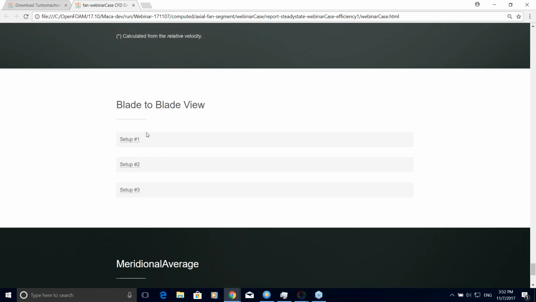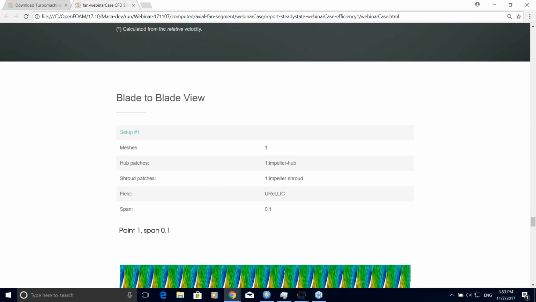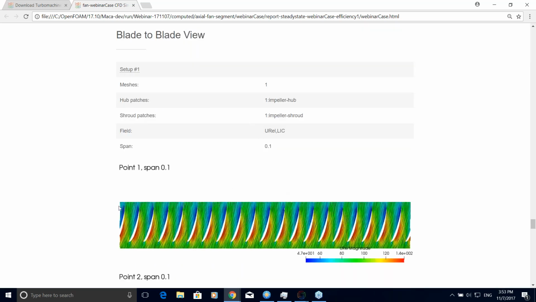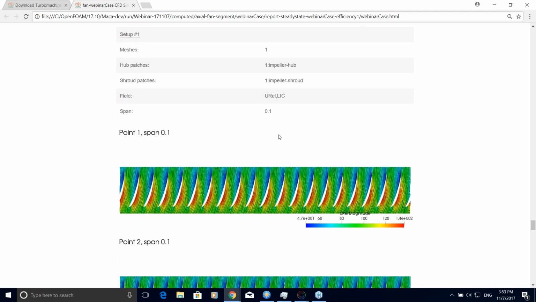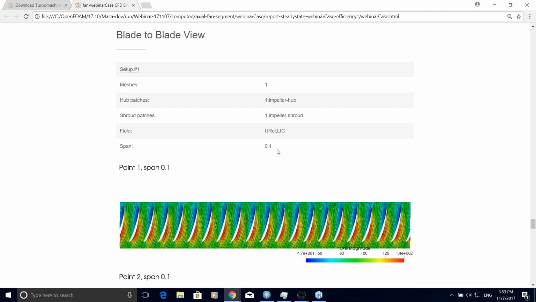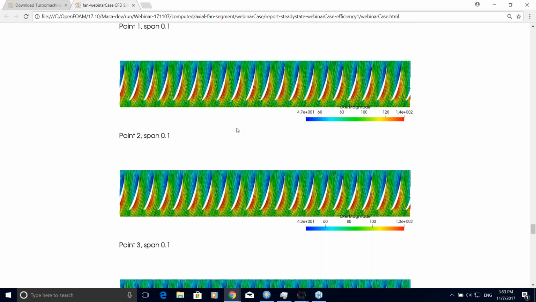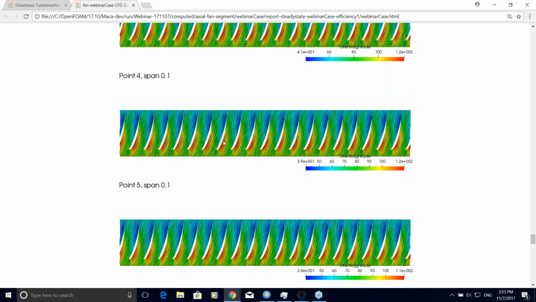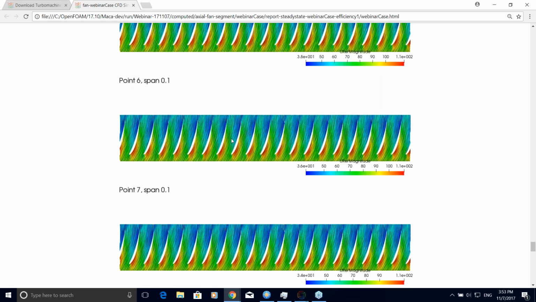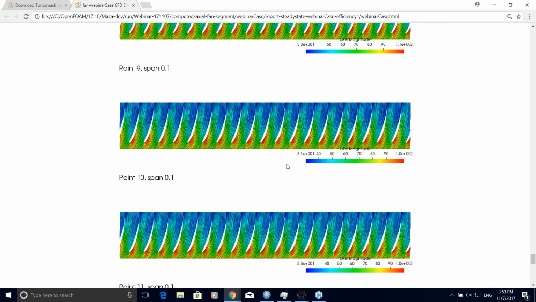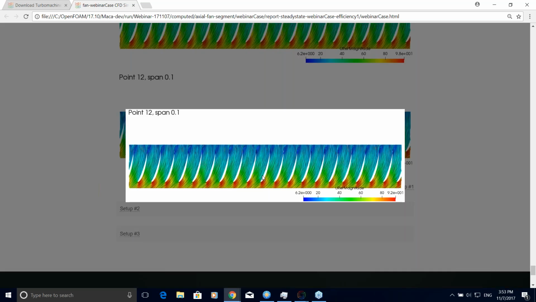And here are the parts of the automatic visualization. So here's the blade-to-blade view. So I will set, for example, setup one, which is the streamlines at the radial slice between hub and shroud for the span 0.1. So it is, let's say, the relative coordinate is 0.1. So it is close to the hub part. And you can see for each simulated point the flow rates. You can see the streamlines visualization with the velocity magnitude. You can really watch the details